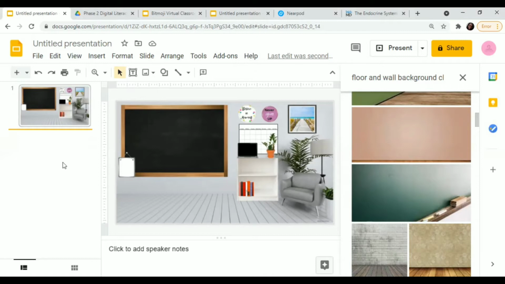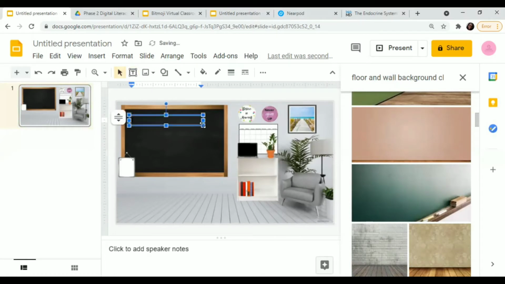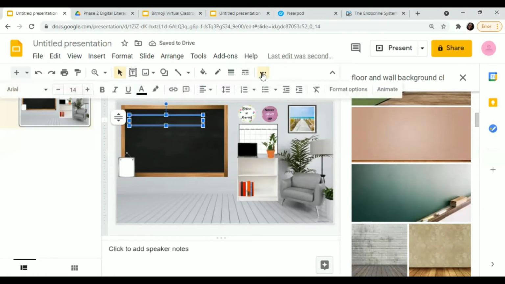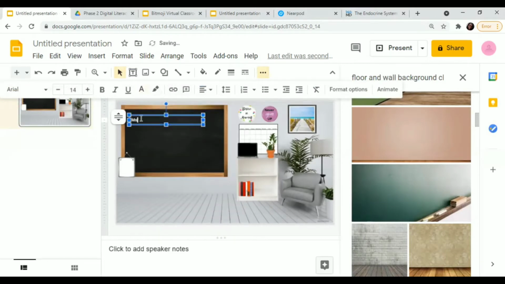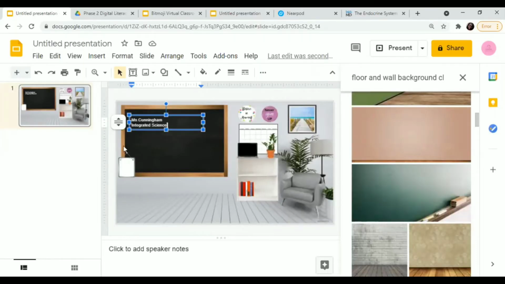All right, so here we go. I'm going to go ahead and add a text box. Here I'm just going to be adding my name, maybe the class, the subject. This is a blackboard, so I'm going to change the color to white. All right, I already added my name and the subject off screen. So now that I have done that,